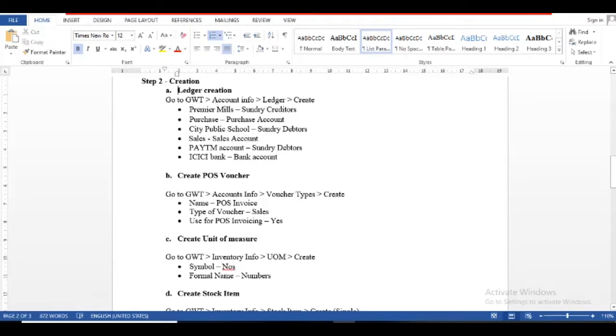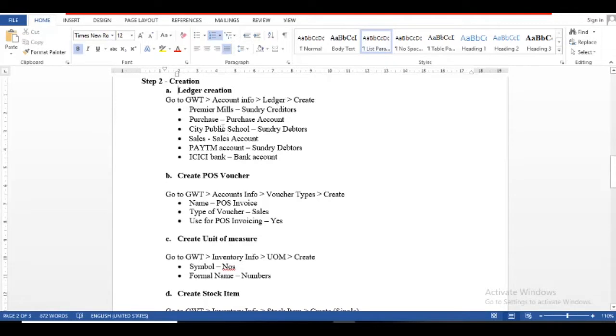The transaction has these 6 ledgers. One is Premier Mills, sundry creditor. Then purchase account, City Public School is a sundry debtor. Then sales account, Paytm account, also a sundry debtors account. ICICI Bank is a bank account.